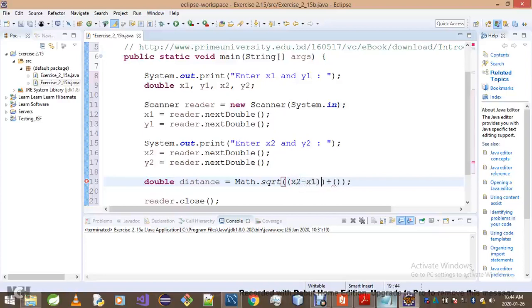In fact, let's put that inside the brackets. Because we have this squared, we could of course do this multiplied by that. So this whole thing is equivalent to x2 minus x1 all squared, right? We wanna add what? We wanna add y2